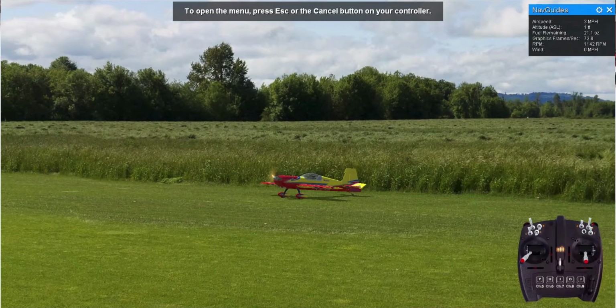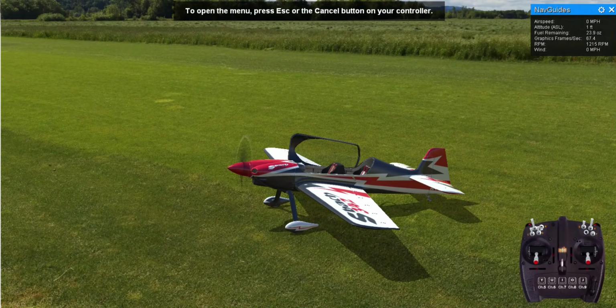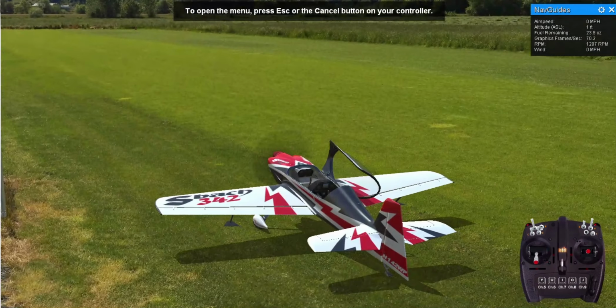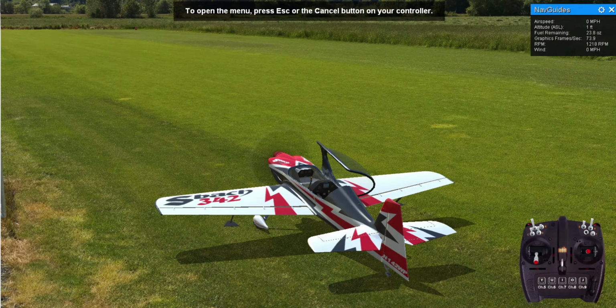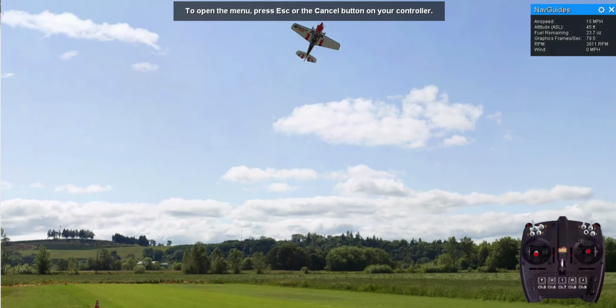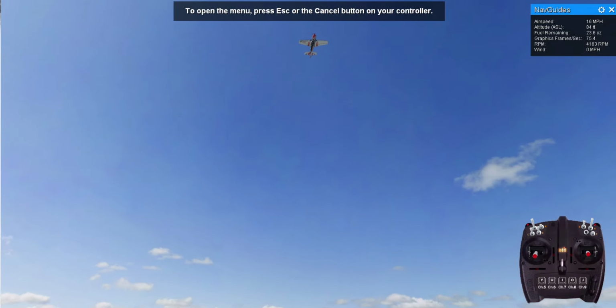Our next plane, the most detailed of the night, the Spotch 350. As you can see, the canopy is open, and when you move the sticks, the ones on the inside move. What amazing detail and craftsmanship of this aircraft. And the paint scheme is amazing, the takeoff was amazing, and now he'll try and go straight into the